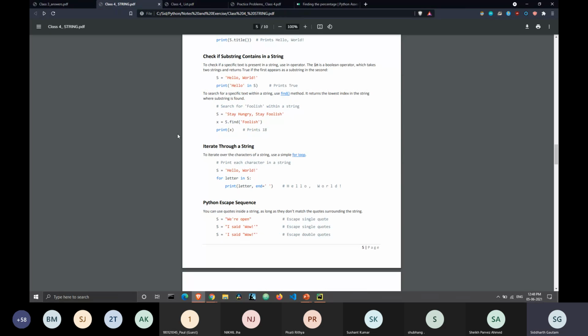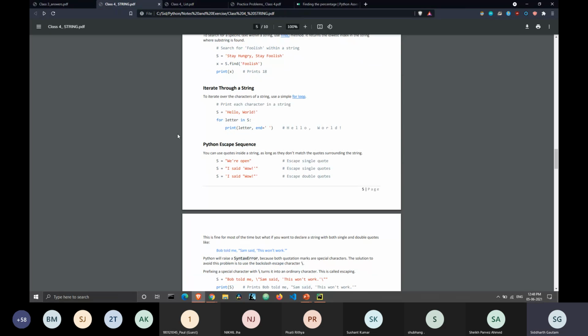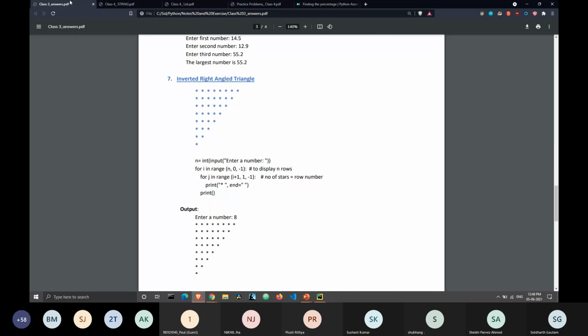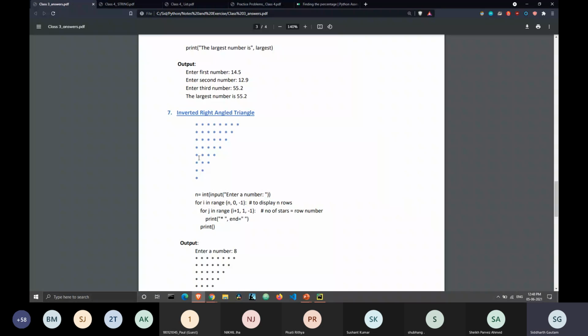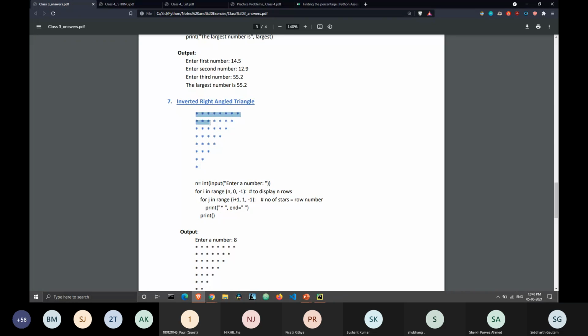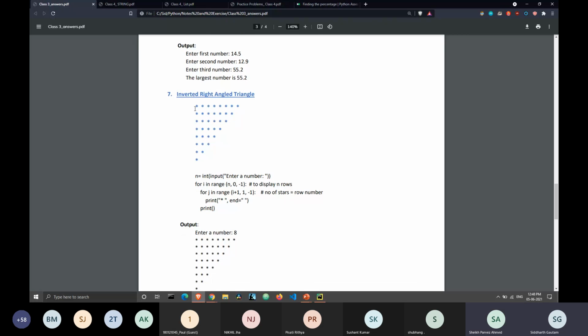Okay. So this is it for string. Last week we gave you some questions, right? We gave you some questions to print this triangle. I know some of you were able to do it, and some of you even sent your GitHub profile after you uploaded it. Are there some of you who were not able to do it? In that case, I will just explain how you can print this reverse triangle.